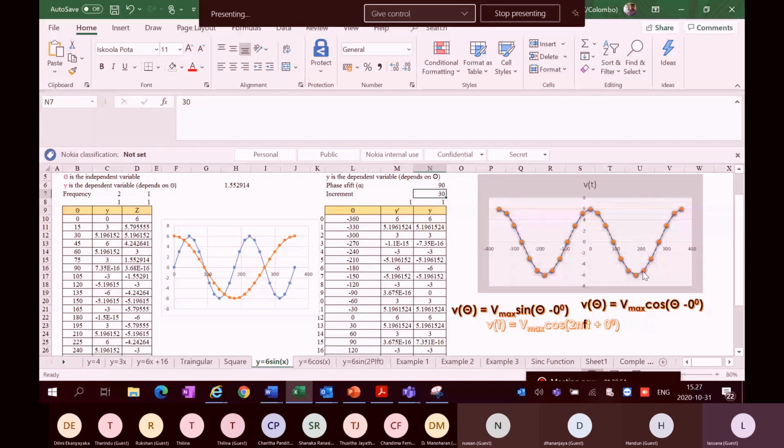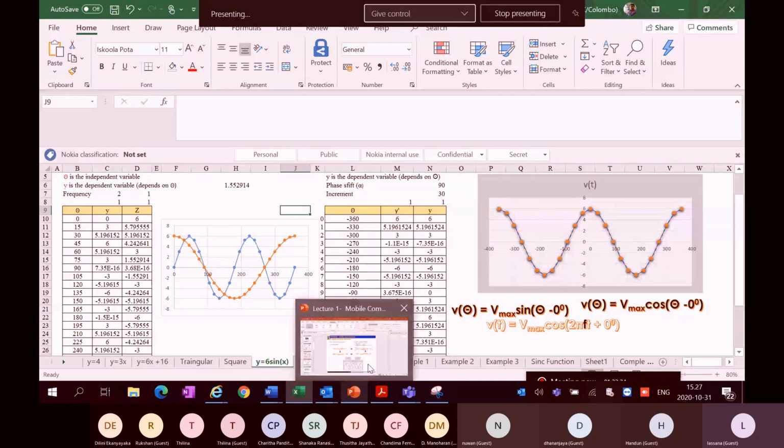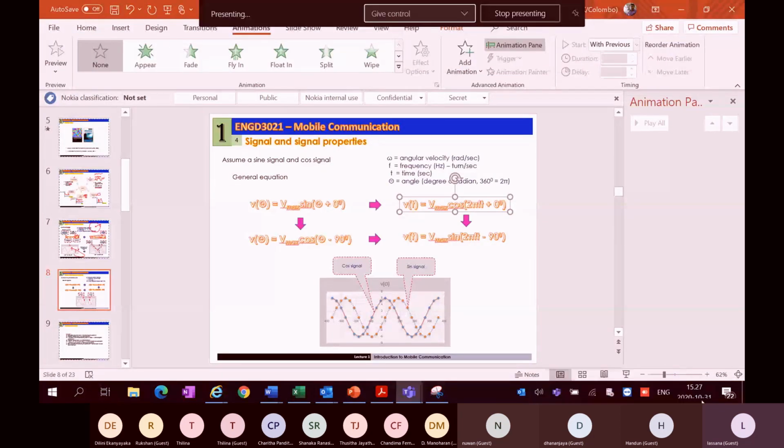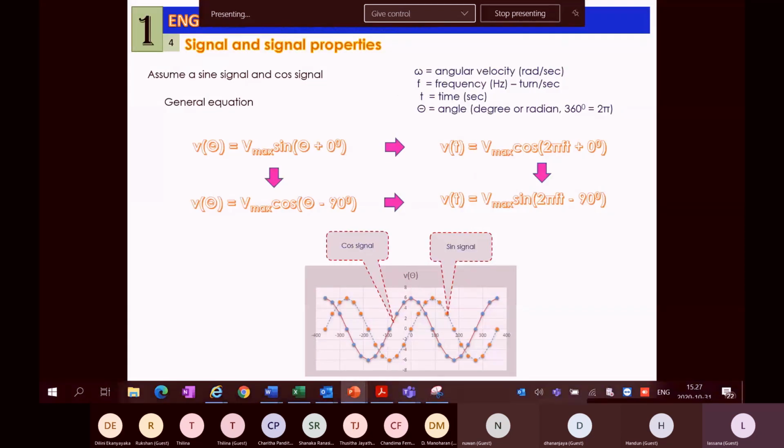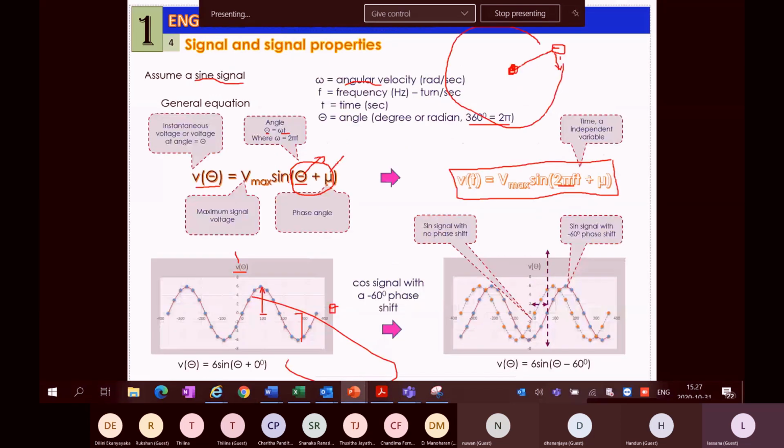Right, that is what I want to show by coming into this Excel. It is something like Excel magic, but out of this Excel magic we can learn a lot for our subject as well. Let's move to the balance portion of what we have been discussing. Right, we were here. Now I am moving to the next slide. The next slide indicates the same thing I have already indicated through this Excel demonstration.